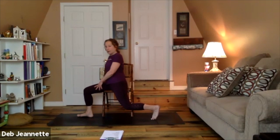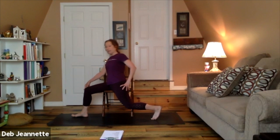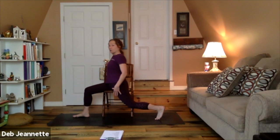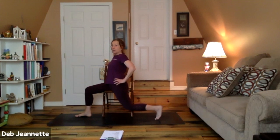Make sure the forward foot, the knee is over the ankle. Toes, you should be able to look over your knee and see the toes of the foot, okay? The back leg extends as far back as you comfortably can go in your hip, all right? You can support yourself by holding a hand on the chair, even one hand on your hip, and you're gonna